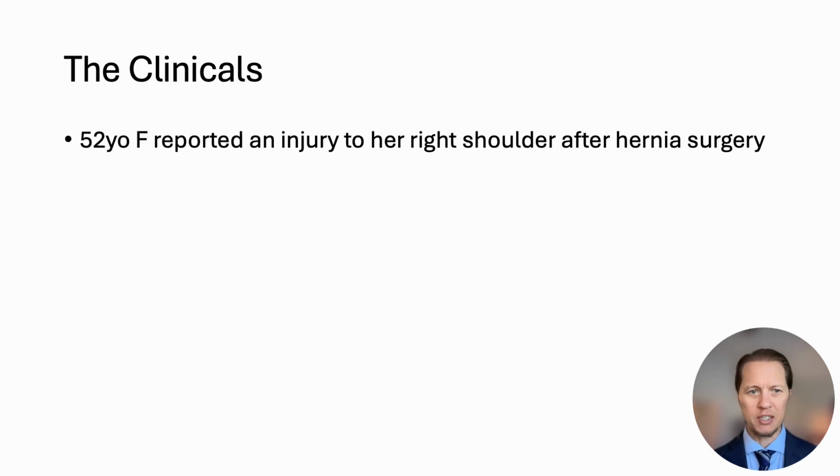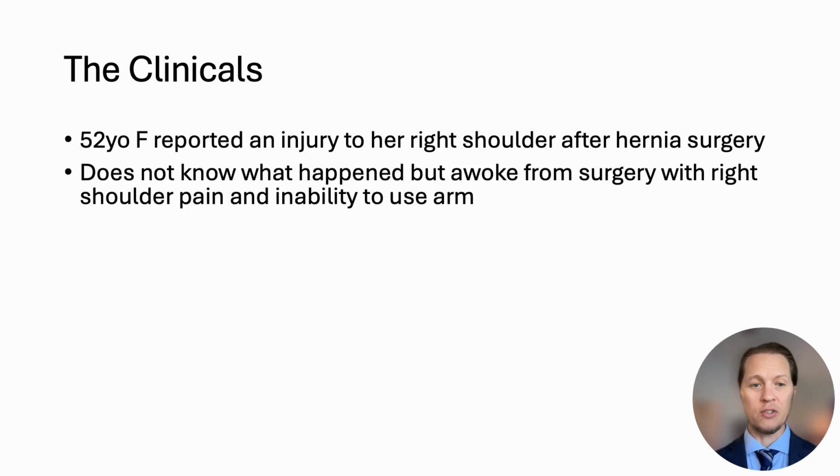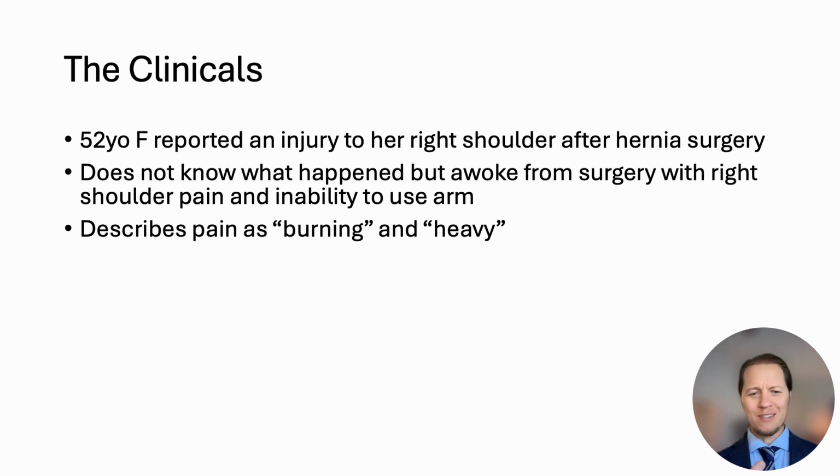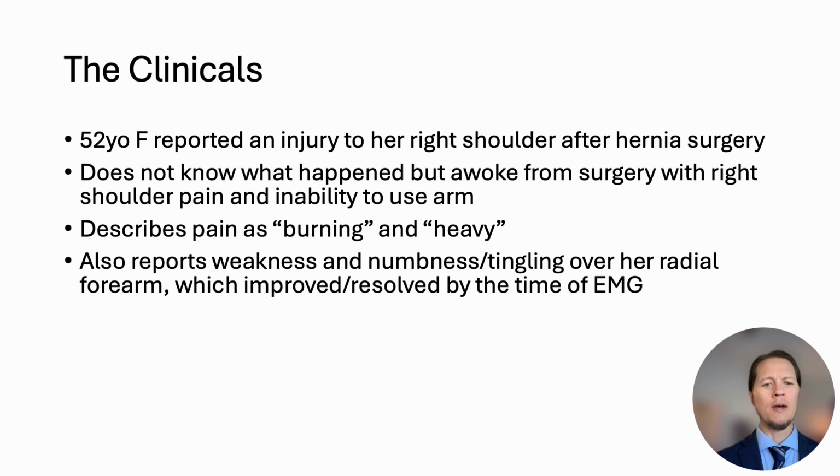Finally, we'll pull in the clinicals. This is a 52-year-old female. She hurt her right shoulder after hernia surgery, apparently. She doesn't know. She just awoke and her shoulder was just killing her, and she just felt like, I can't use it. It just moves weird. She had this, well, vague kind of burning, aching heaviness in the shoulder, and she did feel stuff going down her arm, and that's where you say, aha, that's why you did the radial nerve. And if you go all the way back, yes, we did pull in the radial on that, but it actually